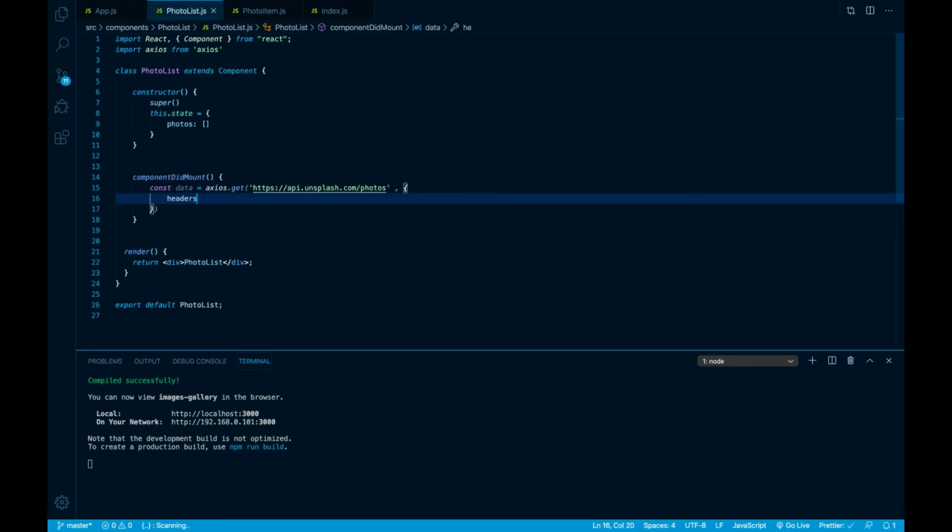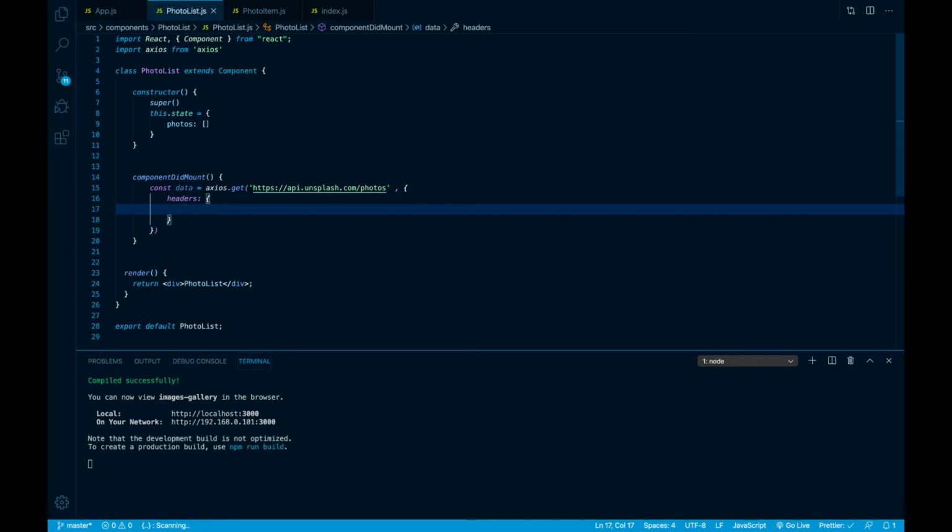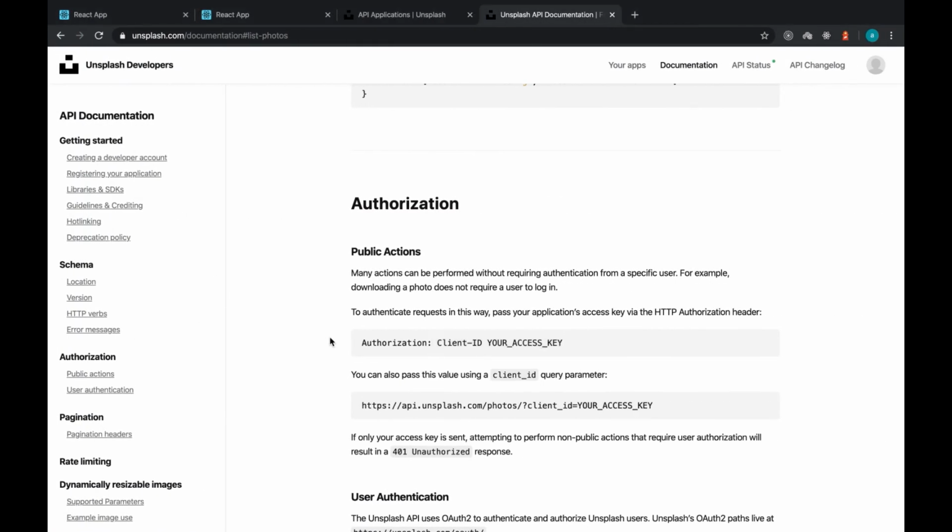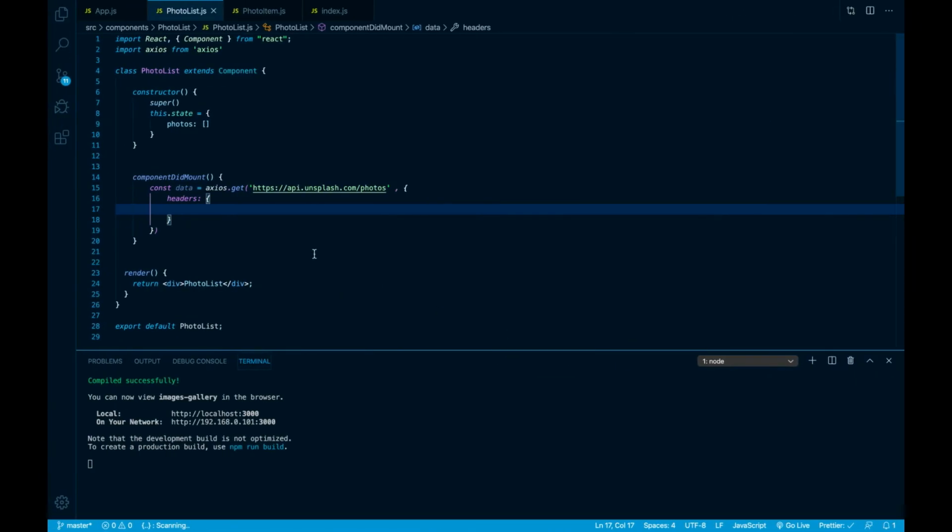So I'm just going to say headers equal to this thing right here, and I just want to give it the authorization and pass it my access key. So I'm just gonna say authorization equal to the client ID. Okay, and this thing right here needs to be in a string. All right, so here I'm just gonna say client ID, which will be a string, plus